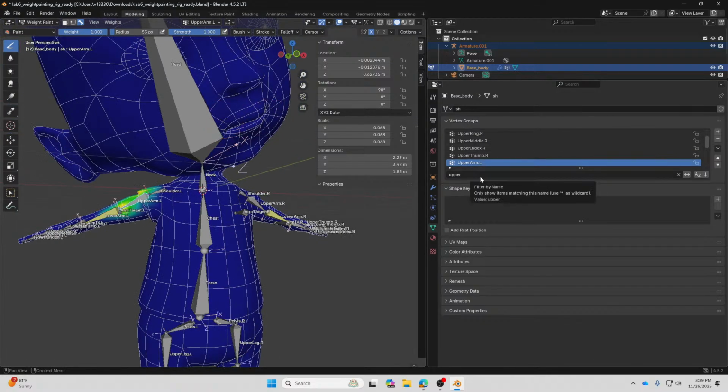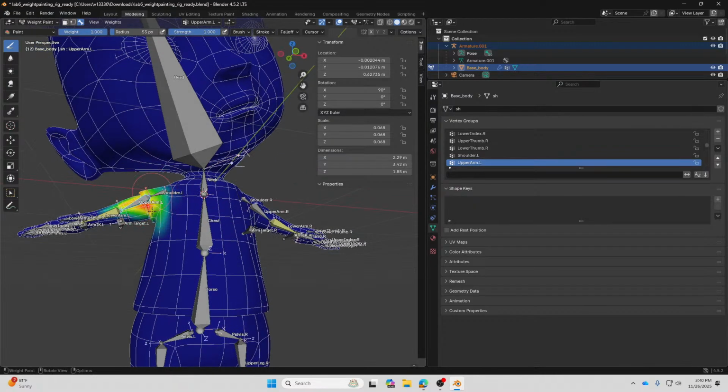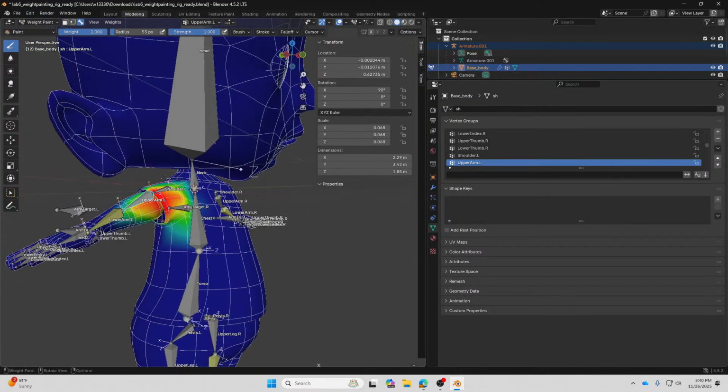And if you happen to forget to click on this button, you can do a workaround. For example, you have the upper arms over here, and you try to correct the weight paint, like this. I'm just doing this as a demo.